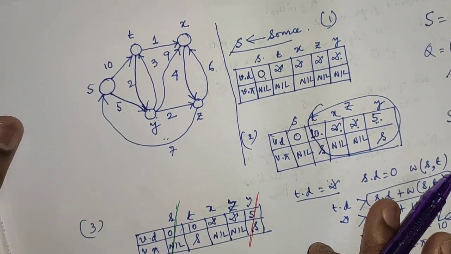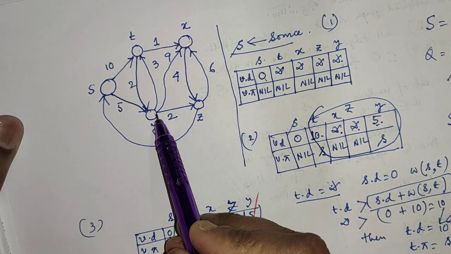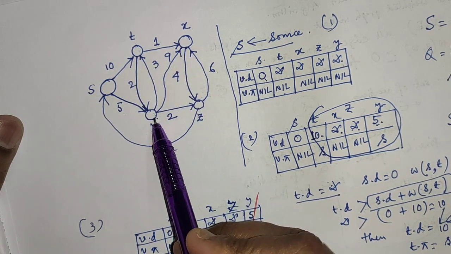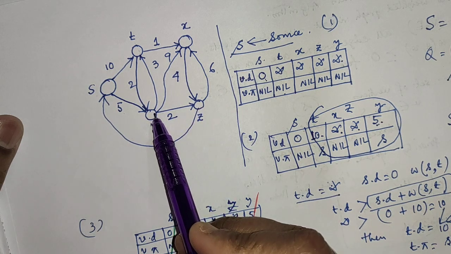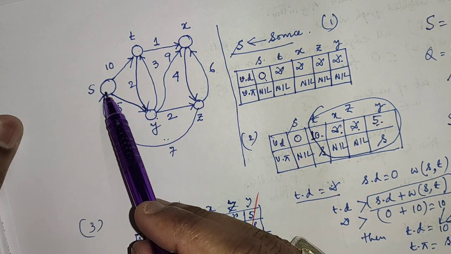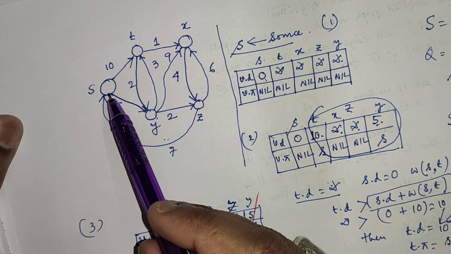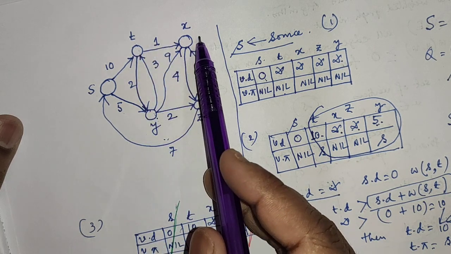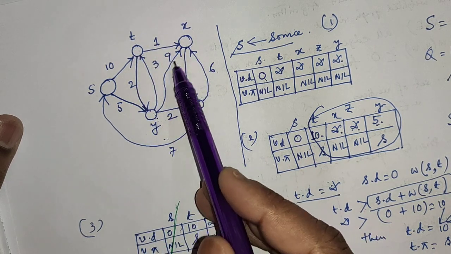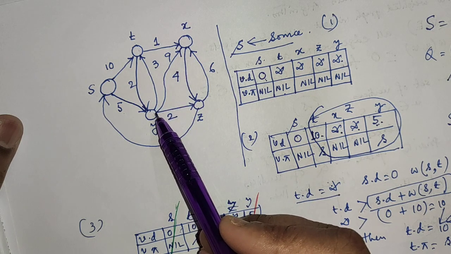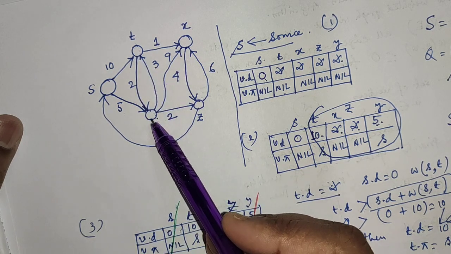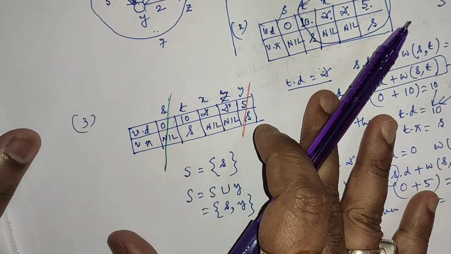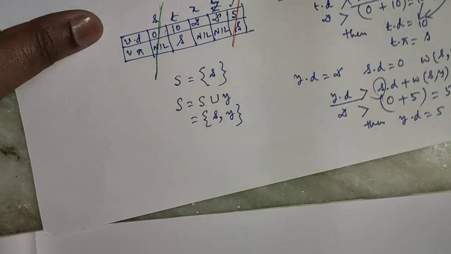Okay, so who are the adjacent of y? Adjacent of y is t, adjacent of y is x, adjacent of y is z also. Even though s was the adjacent of y, you cannot consider s because s completes its execution. So you have 3 vertices, one is t, one is x, another one is z. All 3 are adjacent of y because you can travel from y to t, you can travel from y to x, and you can travel from y to z. Fine. So now you have